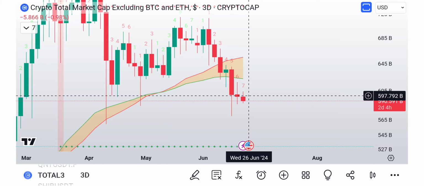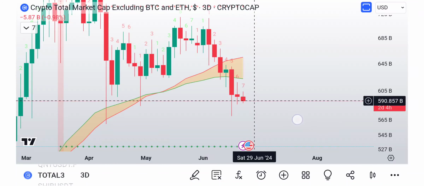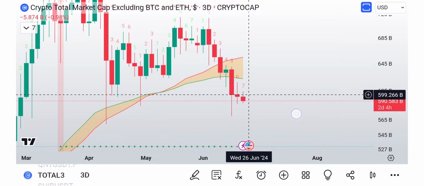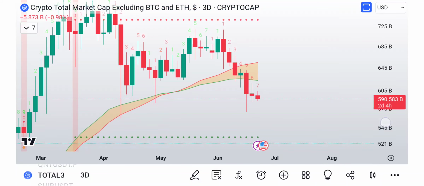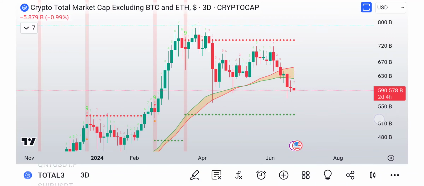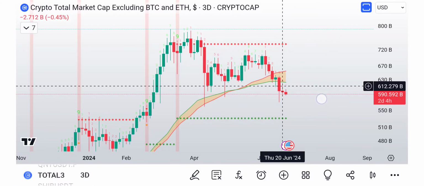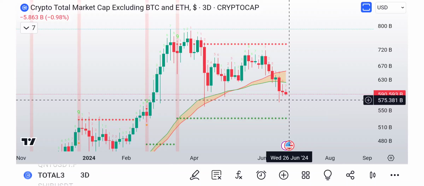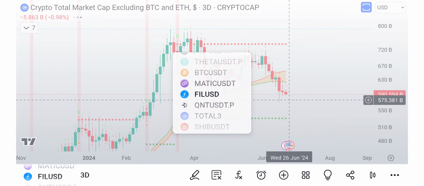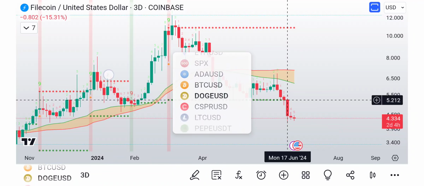So 6, 7, 8 days left for the actual 9 to print. So that's not too far away. We've got about another week to go. But it kind of doesn't look finished here. It doesn't have that finished look. So that's the only thing that's got my eyebrows raised. Let's take a look at